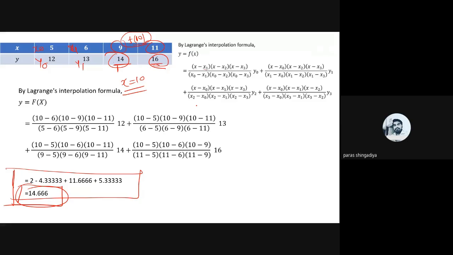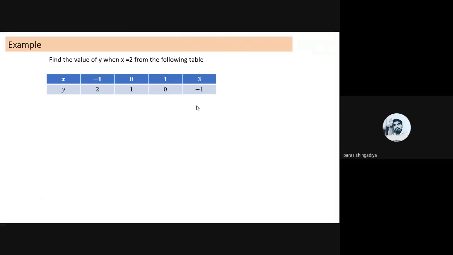And now let us check the third one. The data are given here: -1, 0, 1, 3, 2, 1, 0, -1. Okay. The negative values are given. A simple value is that -1 corresponding value is 2, 0 for 1, 1 for 0, and 3 for -1. Okay. So find the value of y where x is equal to 2 from the following table. Okay, x is equal to 2 means f of 2 that you have to predict by using the Lagrange interpolation